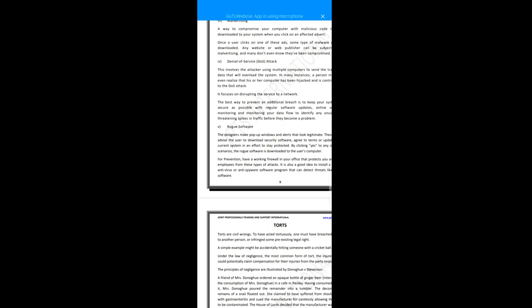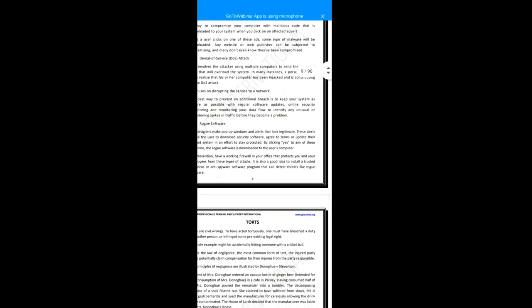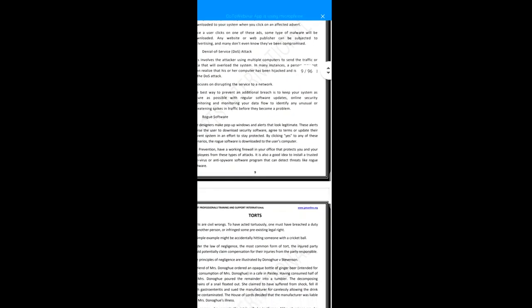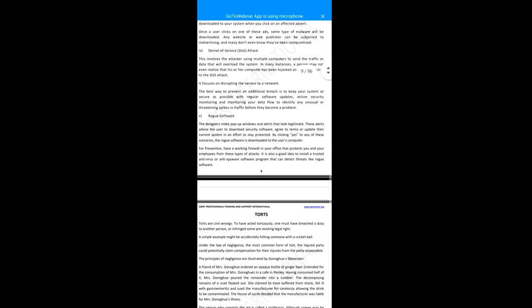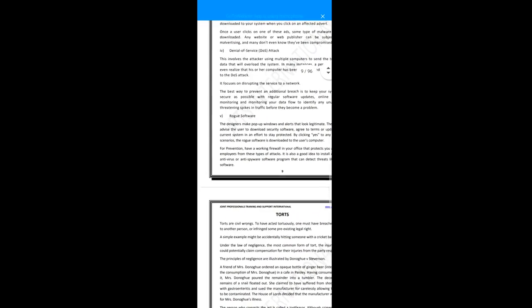For prevention, have a working firewall in your office that protects you and your employees from this type of attack. It is also a good idea to install a trusted antivirus or anti-spyware software program that can detect threats like